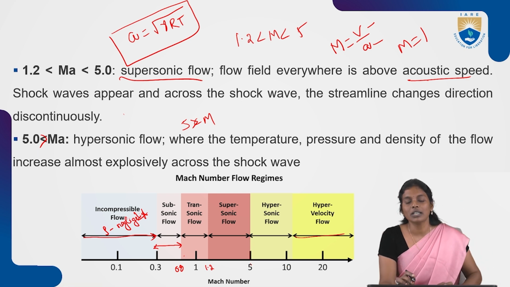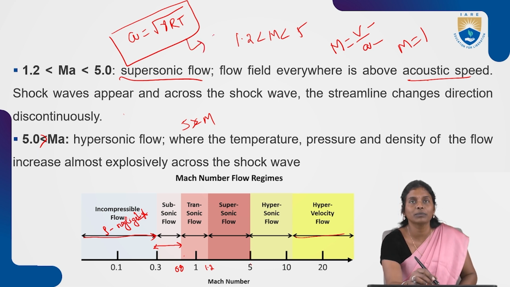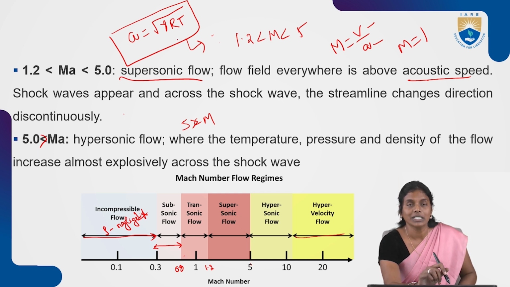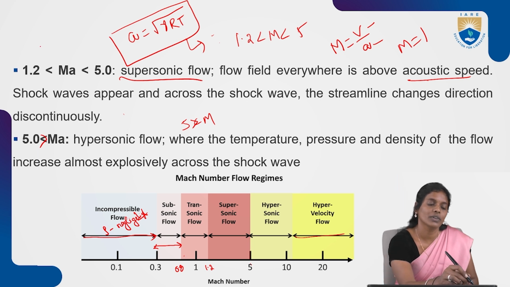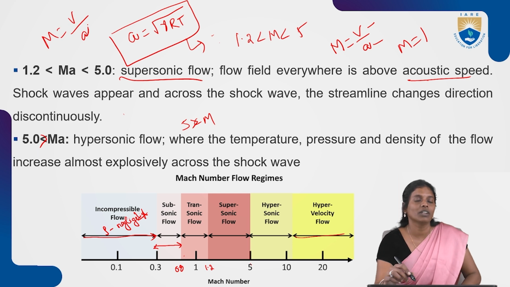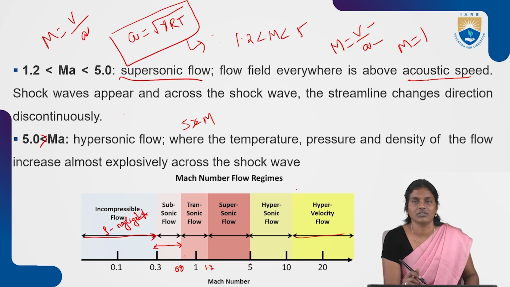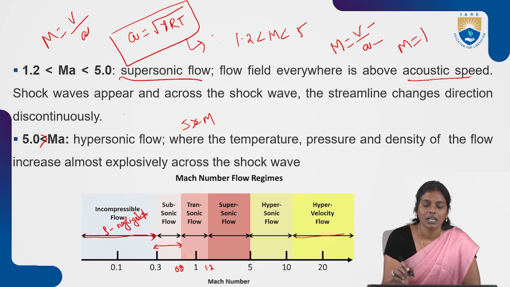So this is all about what the acoustic speed is, and the formula we got from the continuity equation as well as the momentum equation. We got the relation for the A value, that is the acoustic speed or speed of sound. Then from there we saw the formula M, the Mach number, equal to the velocity of the object divided by the speed of sound. Then we saw the different flow regimes for external aerodynamics, how the conditions will be, and how the flow regimes change with Mach number variation. Okay, so this is all about the acoustic speed and the Mach number for this session.